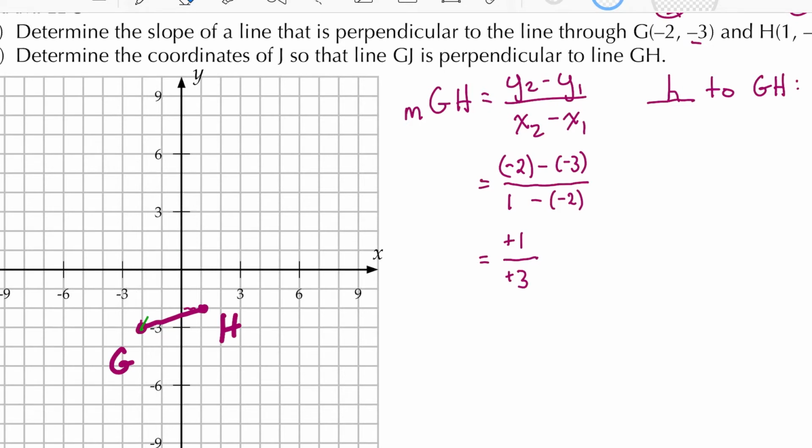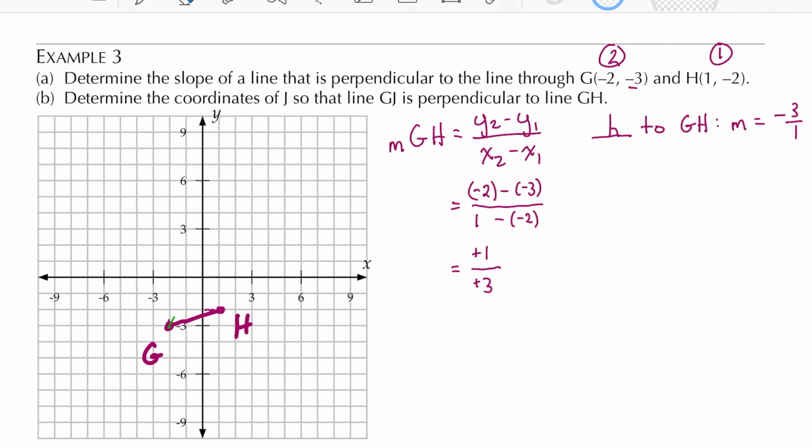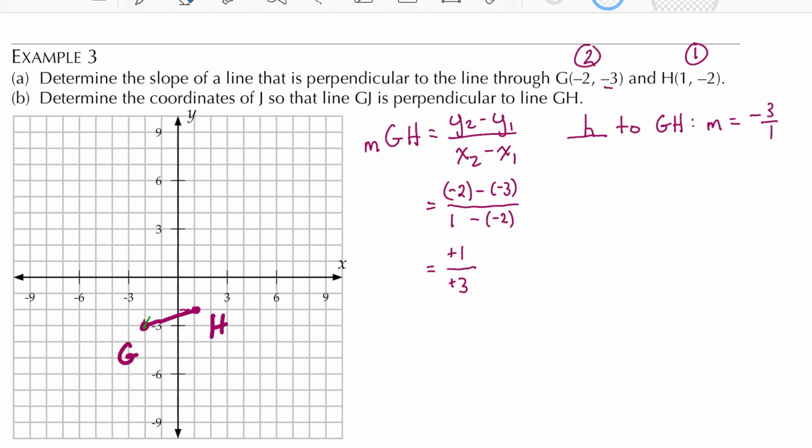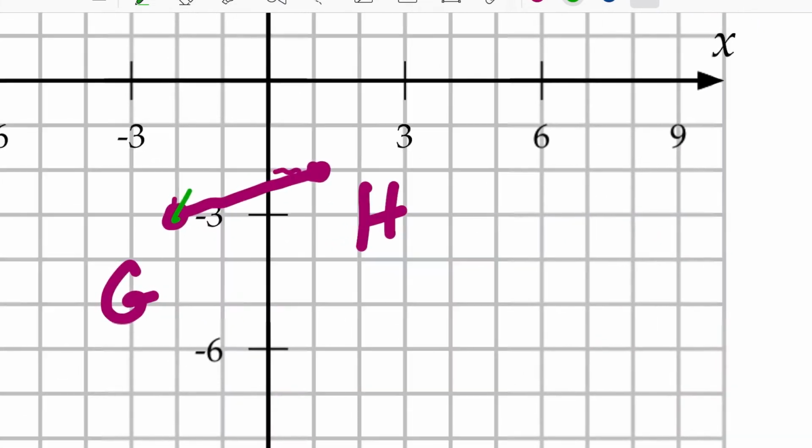Well, there's lots of places where I can put J. Now, we're going to do this visually on the graph. We know that our perpendicular line has to have a slope of -3 over 1. So we start at G, and we start drawing a line that has a slope of -3 over 1,